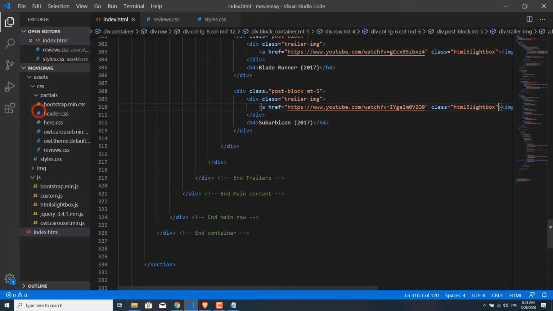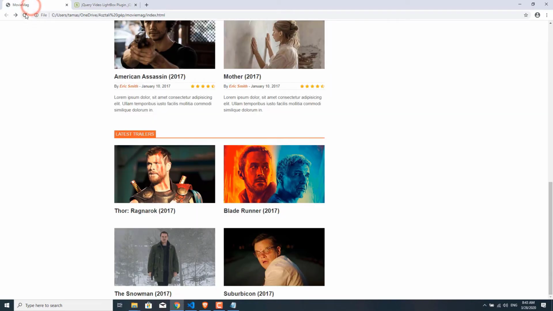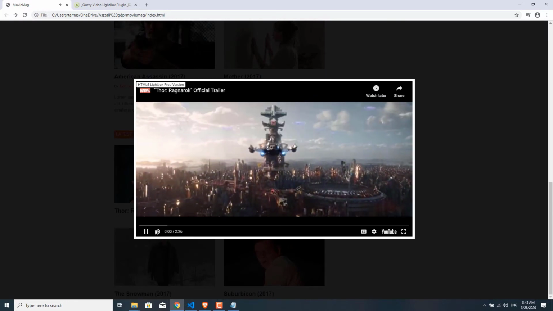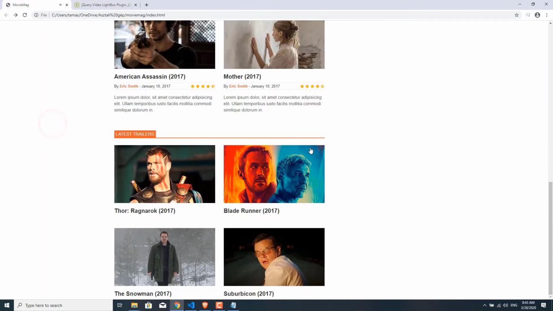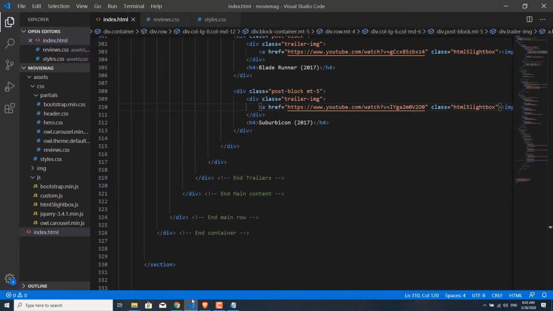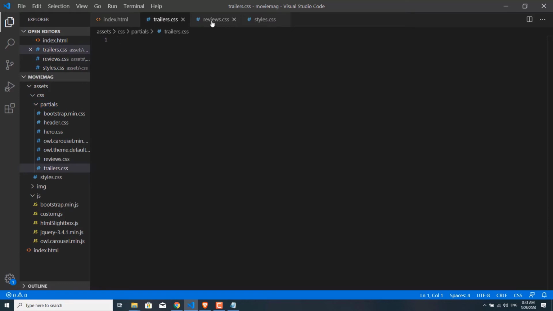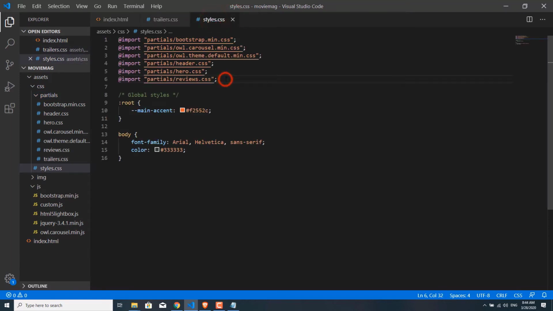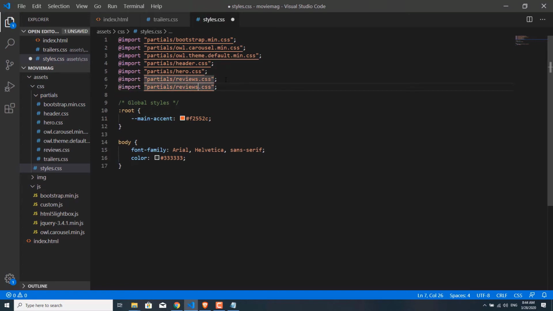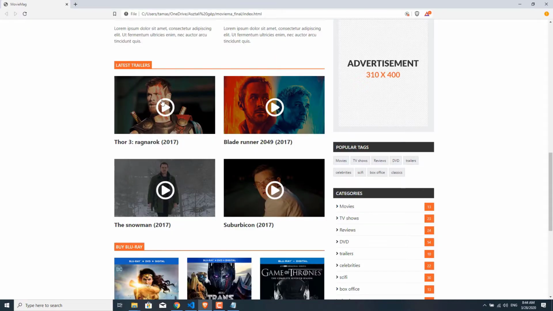Okay, and if we save it and refresh, now we have the lightbox. Okay, so basically we just need to add a few more styles here. So let's create a new file here. We don't need the review anymore, and just import it. So basically first I want to add some darker overlay to the image, and then I want to